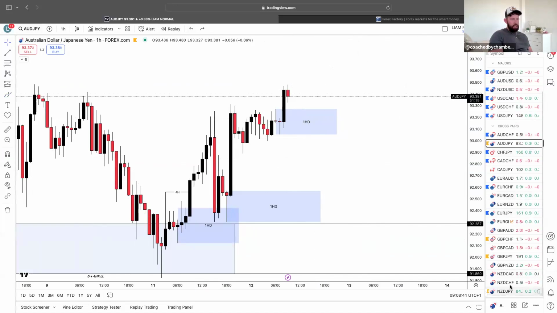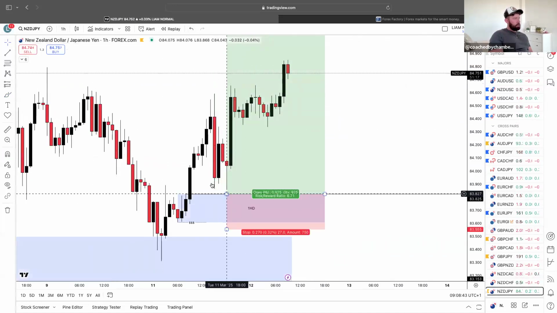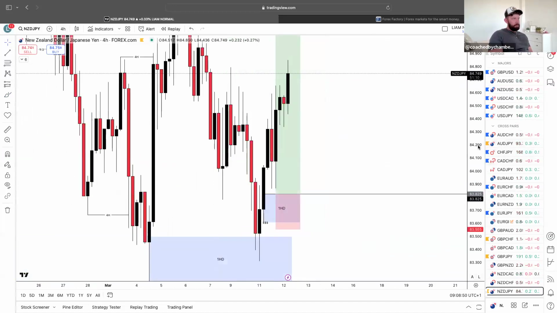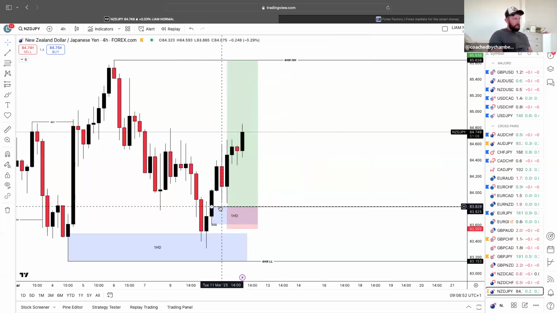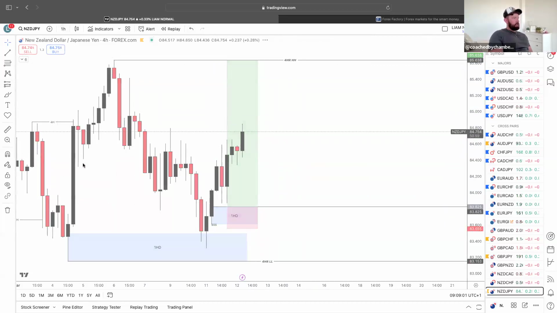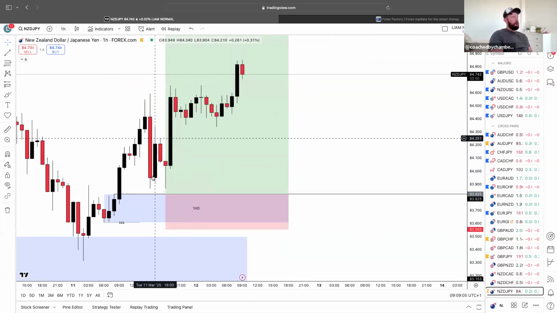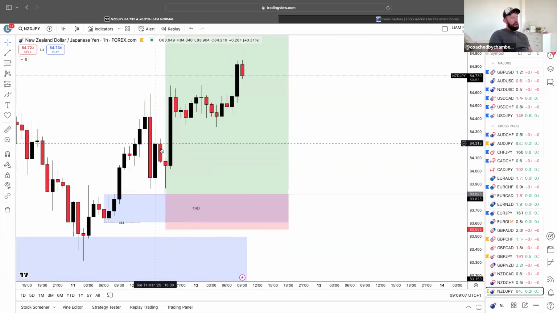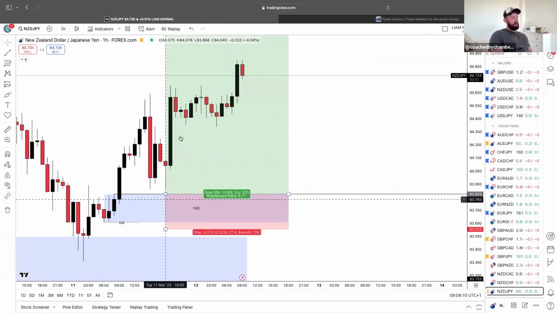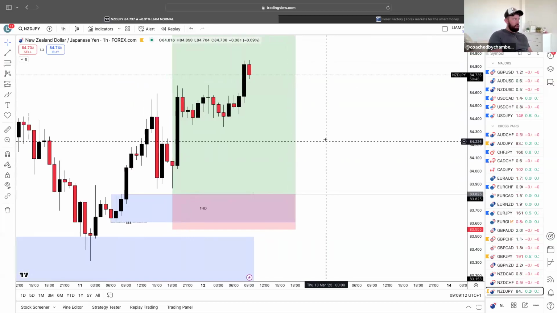And then I think we had NZ Japanese yen as well, which gutted, man. Missed me, literally just missed me. If I quickly go to the 4-hour, annoying, man. I had obviously the pending set, but it is what it is. You can't win them all. I was trying to be refined with the entry, so you'll notice that by the imbalance, we tapped in below, we moved away. I thought that was going to be early inducement, and then I thought it was going to tap me in and then move. But again, it doesn't really matter.